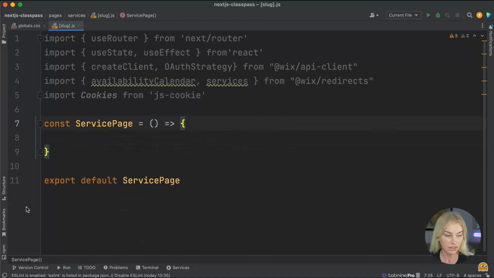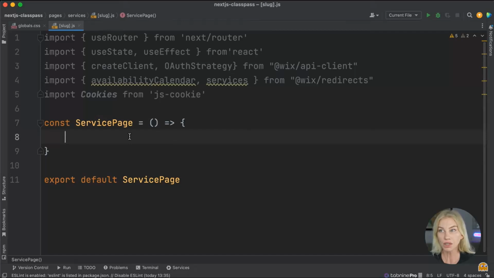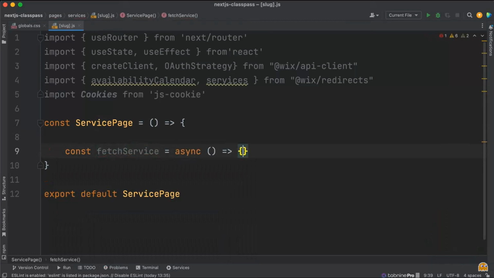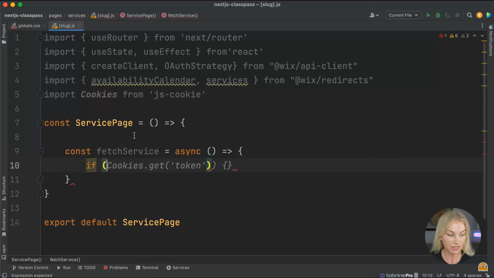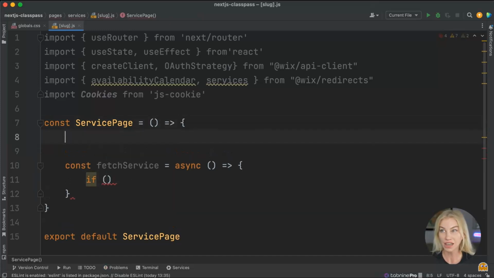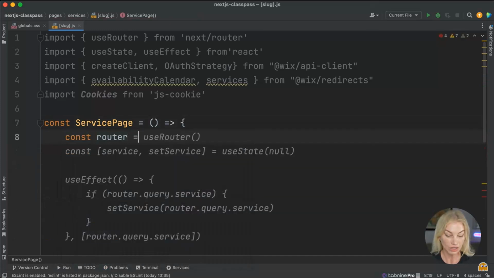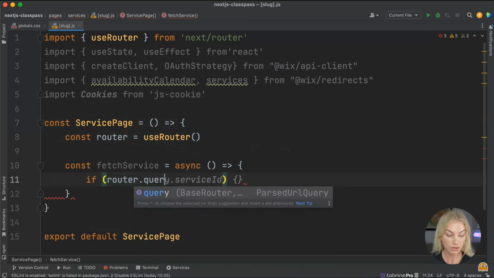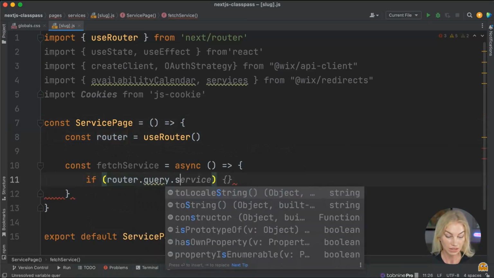So let's get the data in, right? I'm going to define this as fetchService, singular this time, as we're going to be fetching one service. And if a slug exists, we can find that out. const router equals useRouter. Okay, so we're just using router from next/router. If router.query.slug